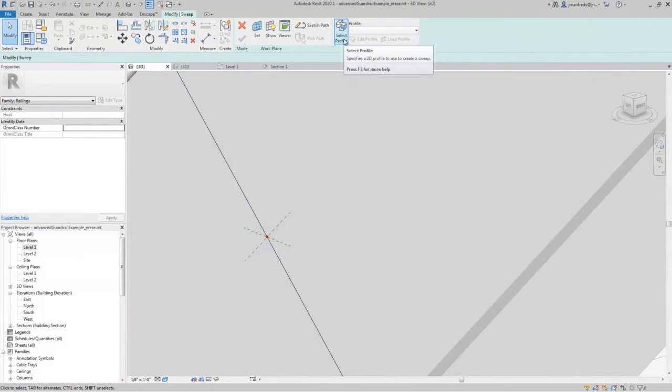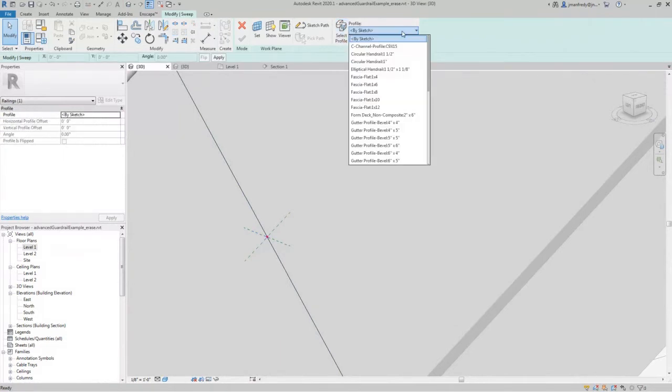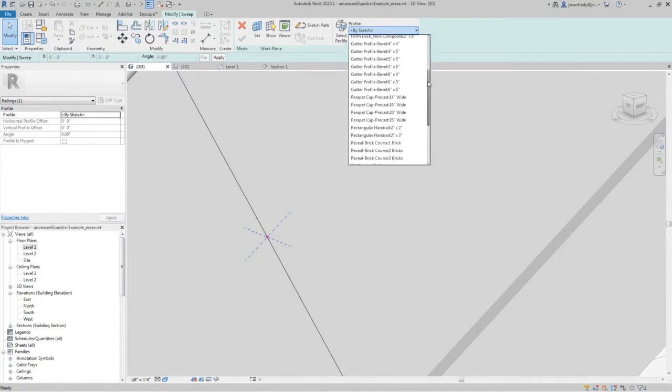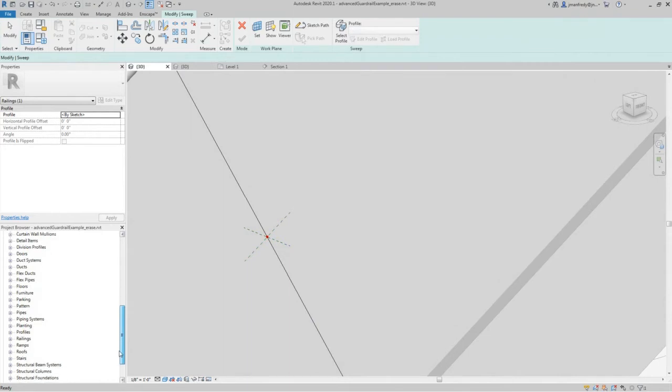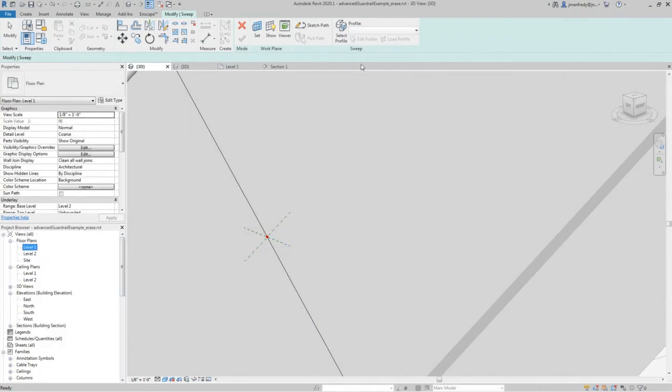Again, select profile and either load it because you own it somewhere. Let me see if they have any railing profiles in here. They do not. Or you can make it from down here. You can grab. Oh, I can't because not in the same family. Well, you can make a family, a profile family, and load it into that menu. And for now, what I'll do is I'll just quickly